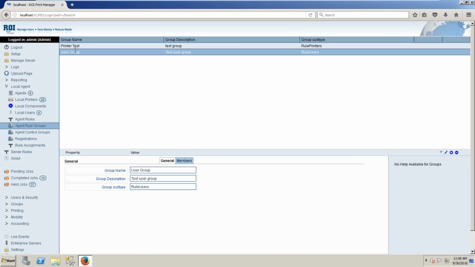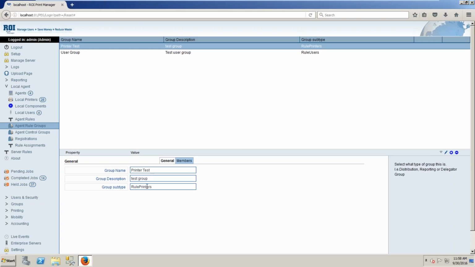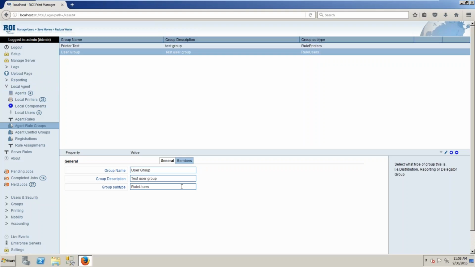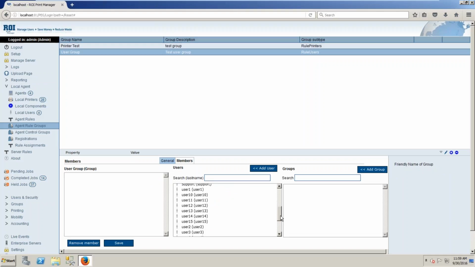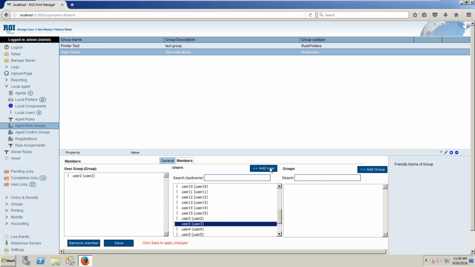Here you can see, so let me go through the printer test group first. The printer test group is exactly the same. It's just that the rules group subtype is rule printers, and for me it's going to be the one I've just created is users. Then what we're going to do is we're going to add members to that particular group. And here you can see all the users that the agents have reported back on different workstations. What I'm going to do is just say, okay, I'm going to have user 2 and user 3, user 4,